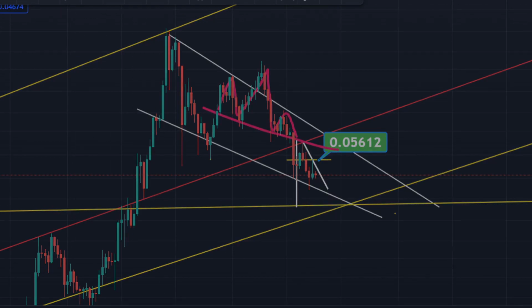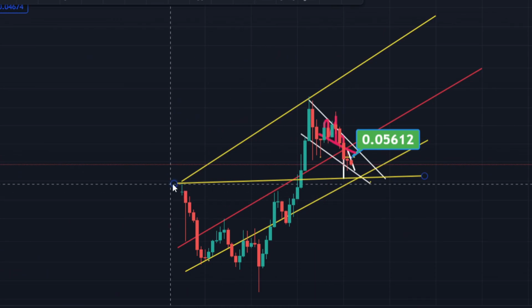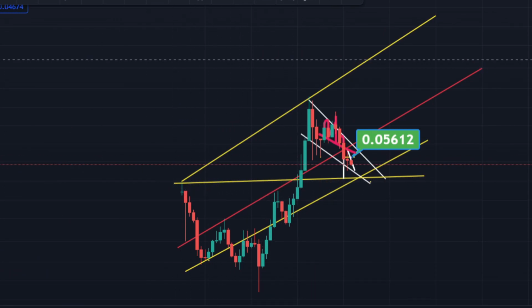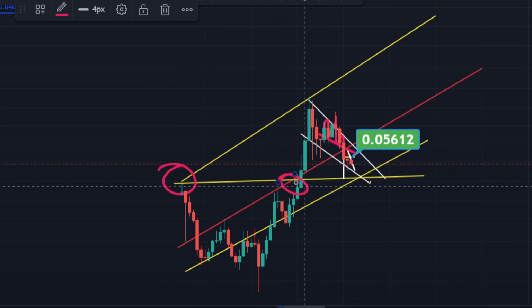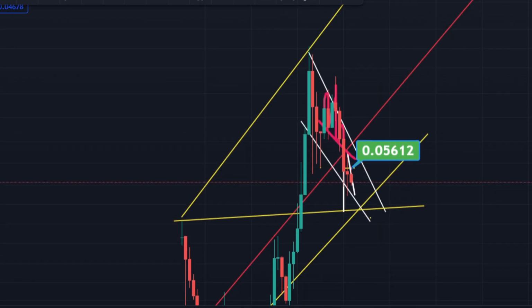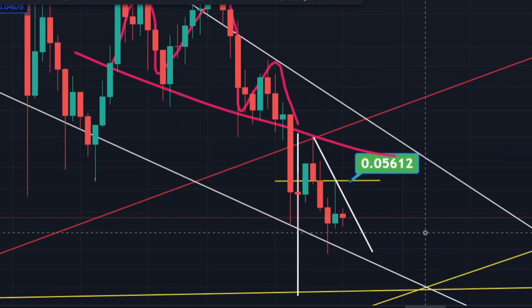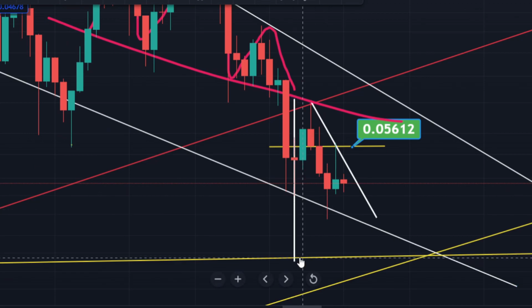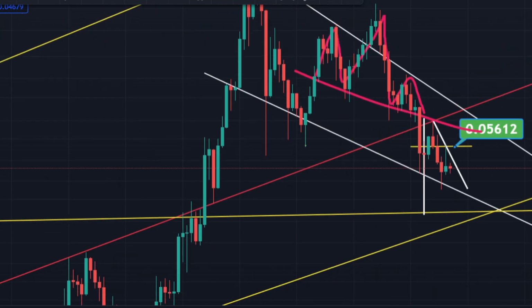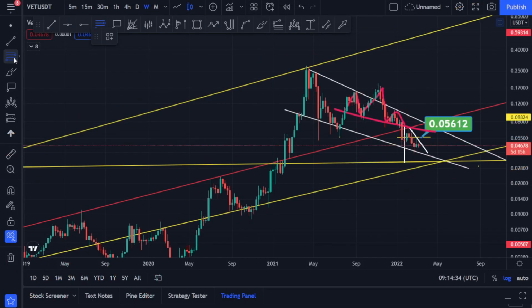0.03269. I'm not saying it's going to come here, but that's the target for that bearish head and shoulders, and you can see where that area of support is. In the weekly, you can see it's right over here and right over here. That's the area of support. Now anything can happen because it's cryptocurrency, they just move in a very volatile fashion. So if this is the support level, then let's check in the Fibonacci.